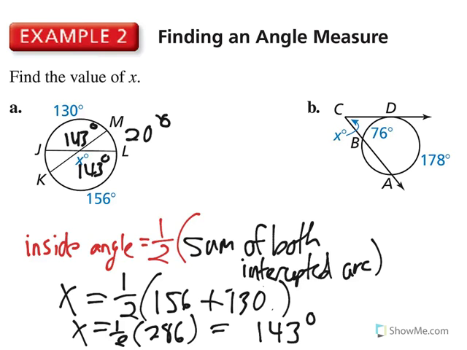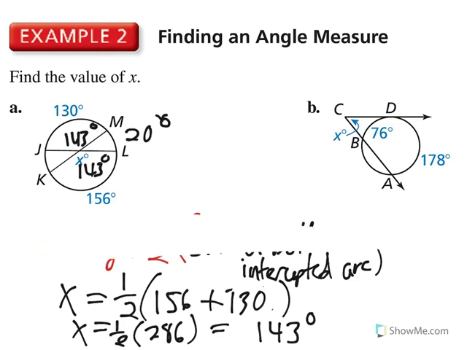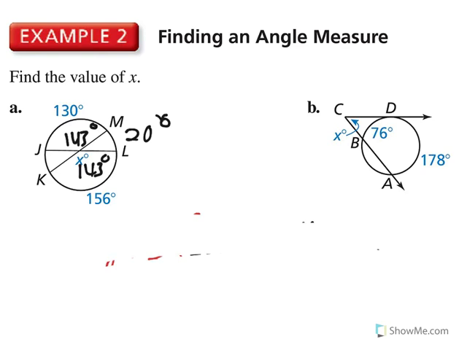If you get a negative angle, that means that you did the formula incorrectly. You probably switched them. So in this one, like I said, we're going to do this difference, the subtraction of it. So our angle x, in this case, let's just write it out in letters first. We do have a letter for this one. So angle C would be equal to half the two arcs it intercepts